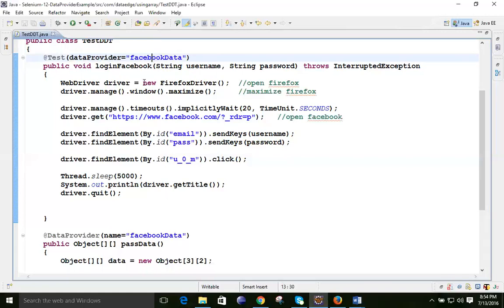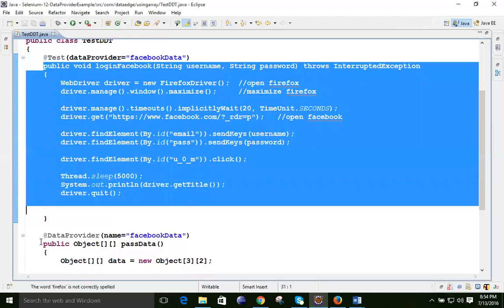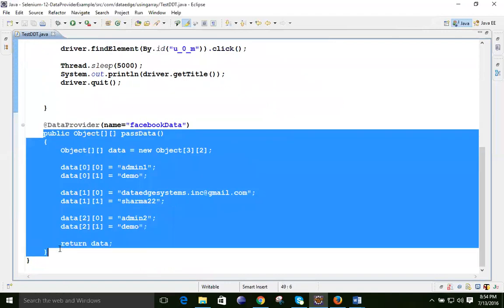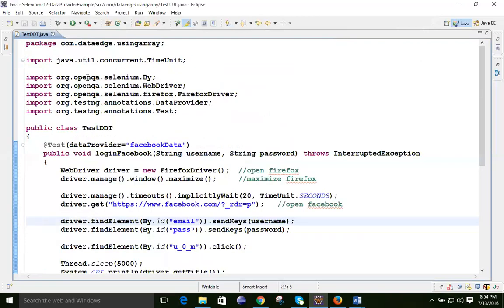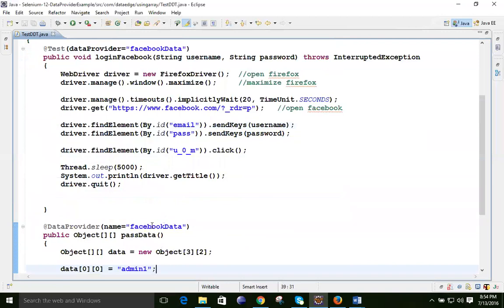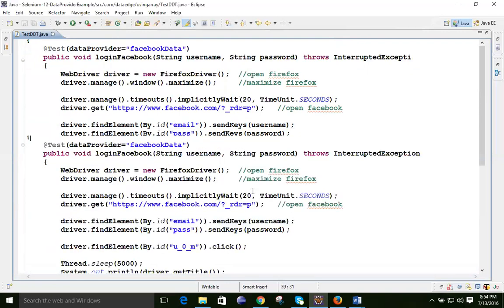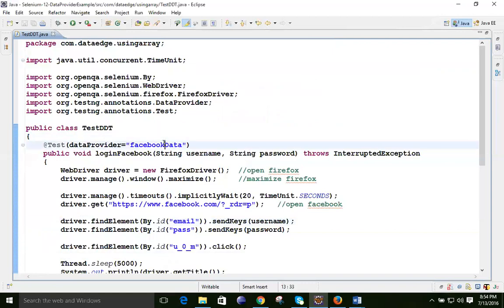This is how we are linking this test script with the other function, by making use of this name, Facebook data. Whatever data we send from here will be stored in one variable known as Facebook data, and the same applies over here.